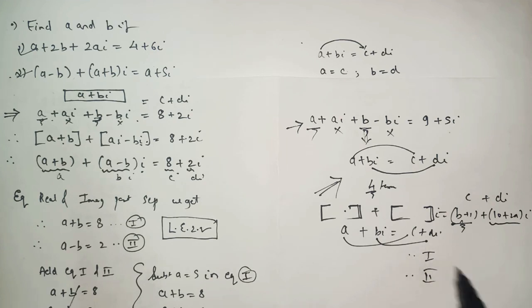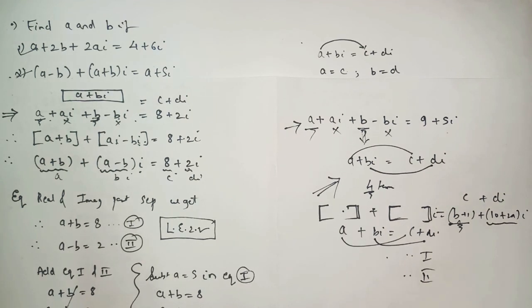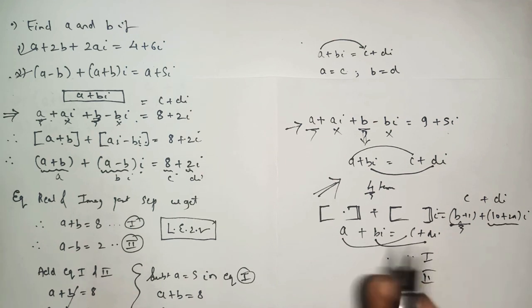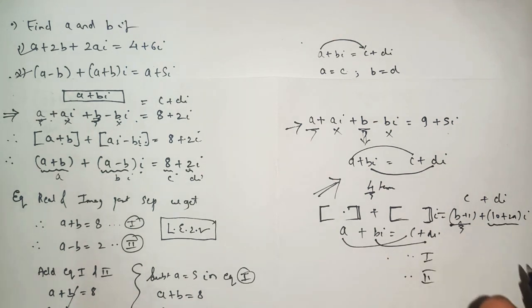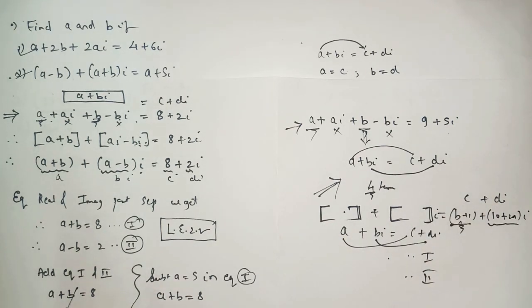After getting these two equations, when you see the equations, you will see they are in the form of linear equations in two variables. And we know that whenever it is a linear equation in two variables, and here we have two different equations, how to solve for the answer? Simply by using simultaneous equations you can find your answer.